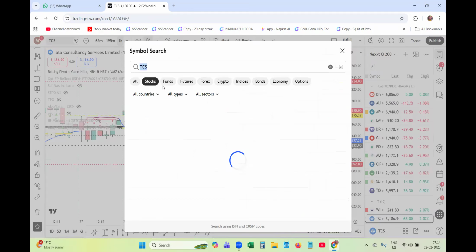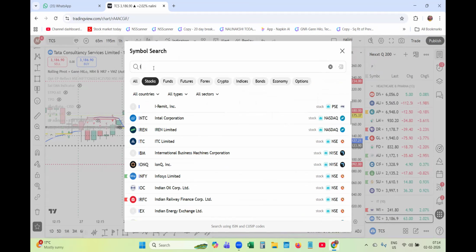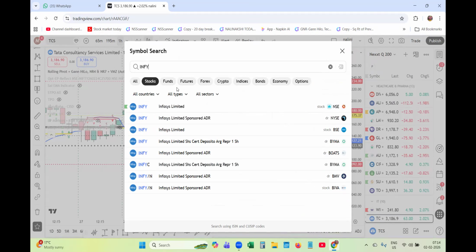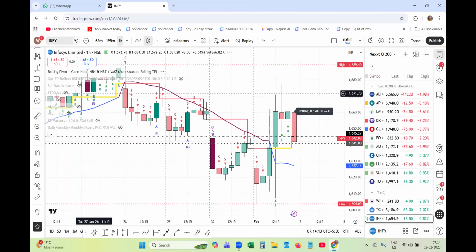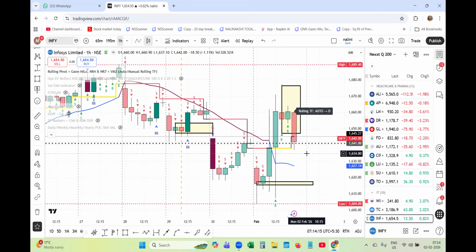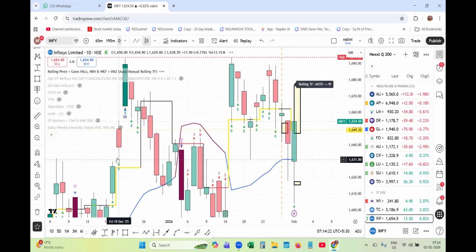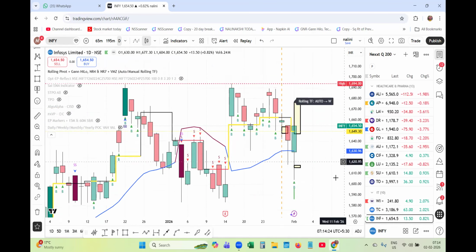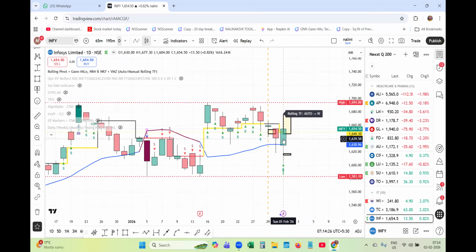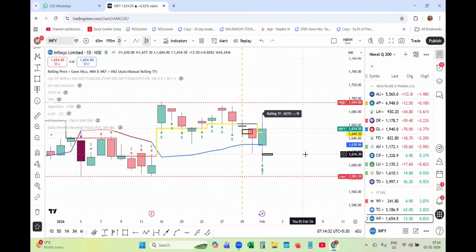And apart from that, Infosys. I located Infosys also. Infosys also showing some sort of positive thing. Let me go to the daily. Out of the IT stocks, on a daily basis it is positive. It is better than TCS. The structure is better than TCS, and if the point of control is around